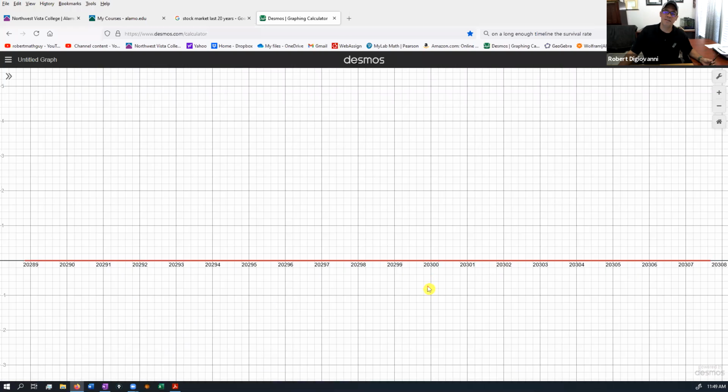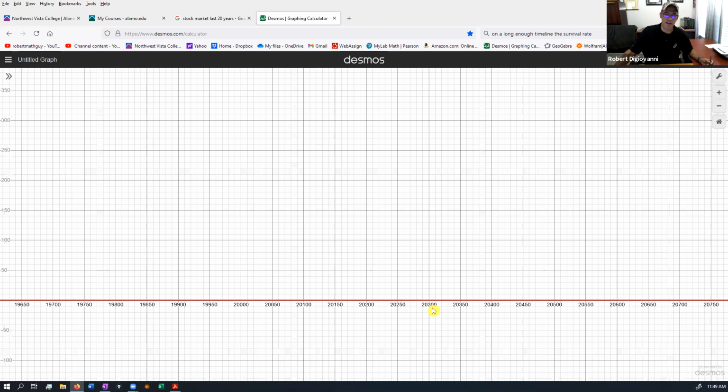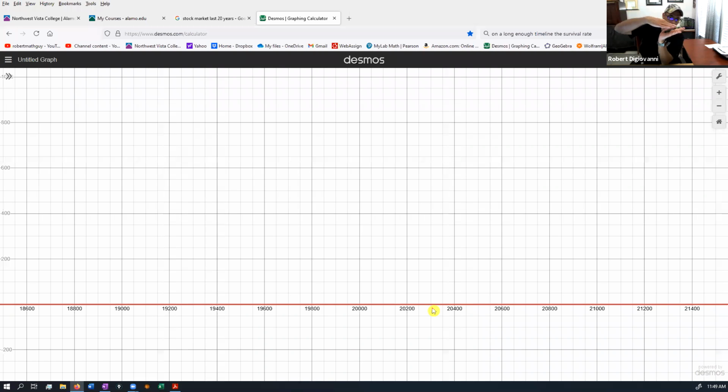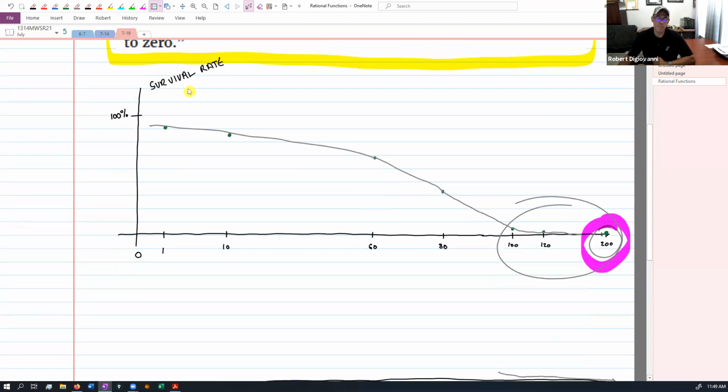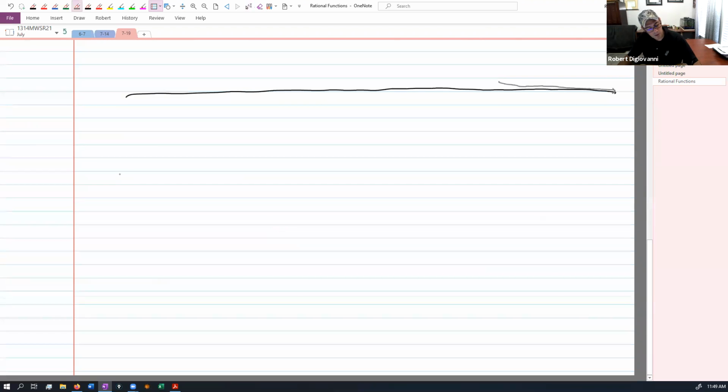Does this all make sense? Kind of what I'm trying to get you to see is the idea of a graph getting closer to something without actually ever getting there. And that is one of the main characteristics of a rational function. Okay, so in rational functions, you have some important characteristics. Rational functions have, I should say can have, but I'm just going to put have, what are called